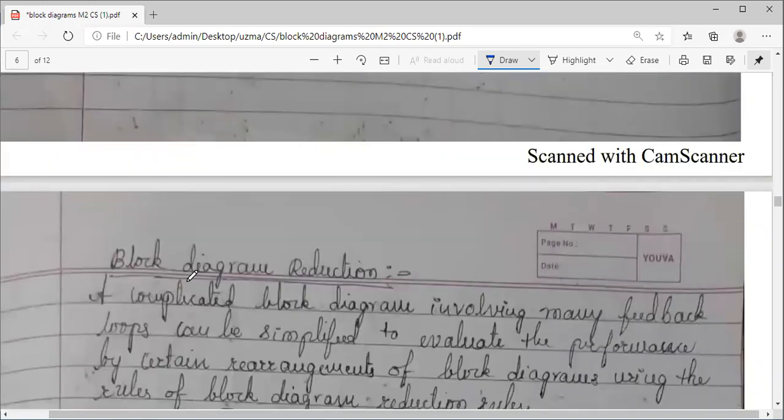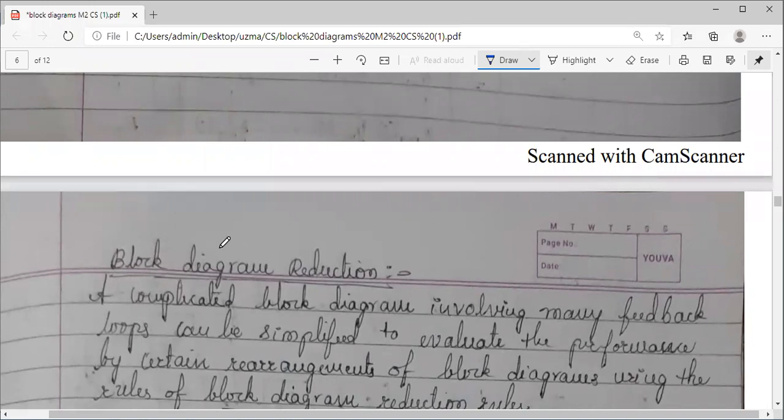Today, let us continue with the block diagram reduction. As I told you, the first topic in module 2 which we discussed was transfer function. After transfer function, now we are studying block diagrams, and the next topic is the signal flow graph. Both these techniques, block diagram reduction and the signal flow graph, we use to find the transfer function itself. So whenever a big block diagram is given to you with many variables and many blocks, it is possible to reduce that into a single block.